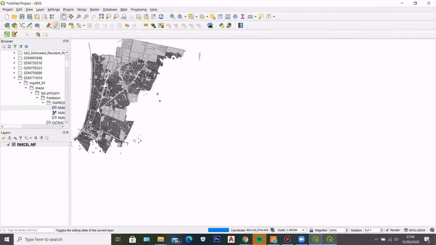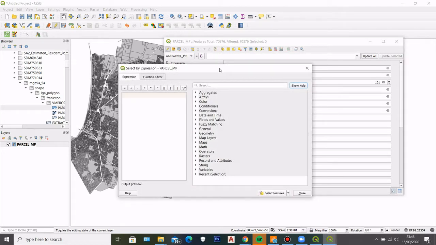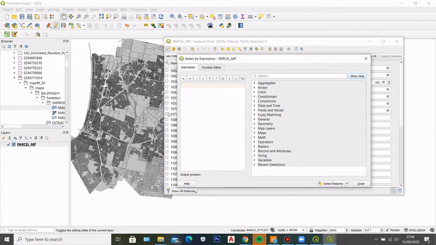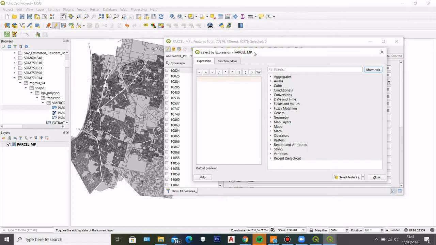I'll scroll down here, and then you can see this icon here. This is to select features using expression. So expression here, it kind of works like a code language. Well, it's not exactly like that, but it works in a logic like that. So for example here, if I want to select the area only the one that is around 643, I can